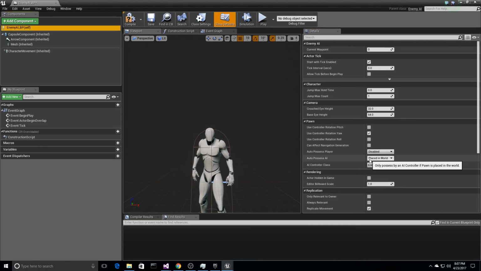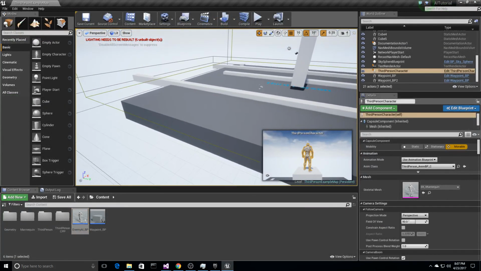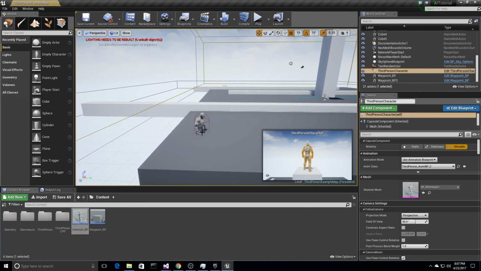If you're spawning these guys in-game at runtime, which we won't in this tutorial, but if you ever do that, you would just need to change placed in world to placed in world or spawned. We just need placed in world. Okay, and let's go ahead and compile that, save, and now we can come back to the game and at our start point, drop this guy in,